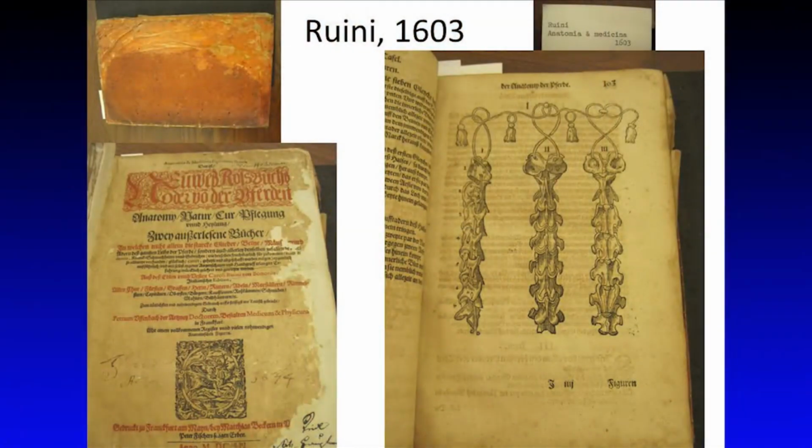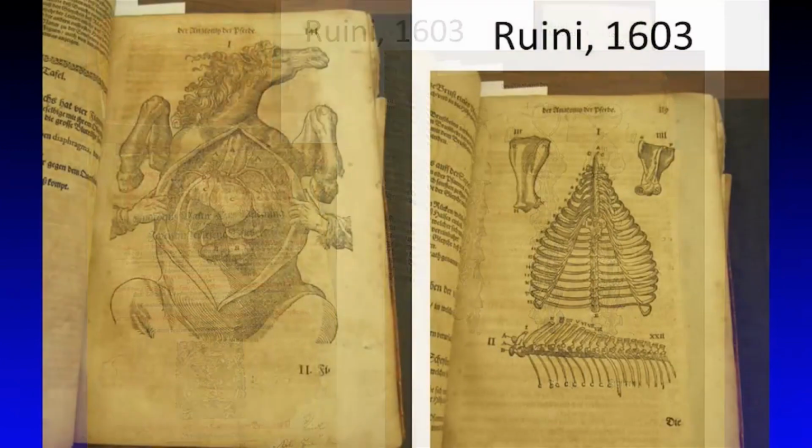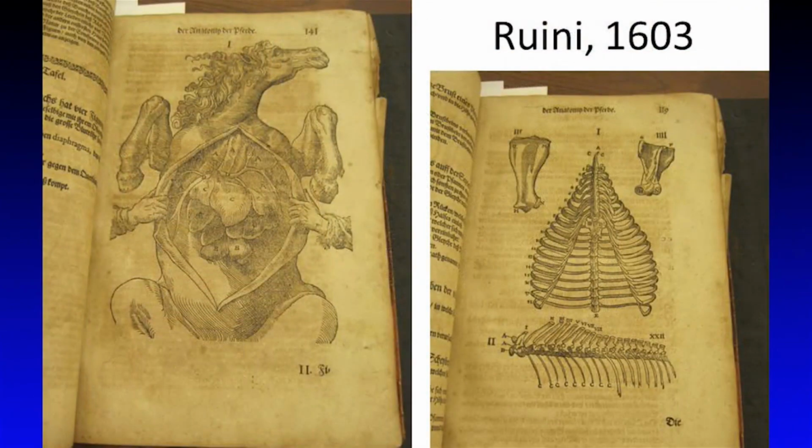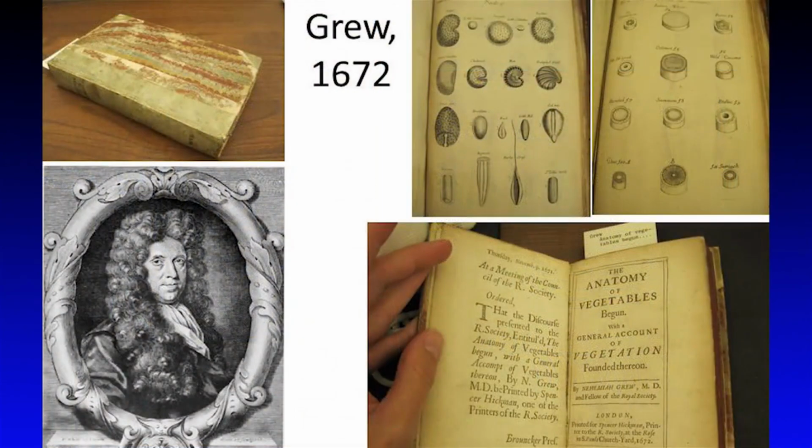Following Vesalius and Bellon, Rooney in 1603 also uses corresponding letters to muscles and bones, especially in his vertebrae. He likes to hang them on strings, you can see that. But he also has quite significant portrayals of what could be later understood as serial homology in terms of the ribs. Also in Grew, Grew compares cross-sections of plant stems, that's at the top, and other comparative organs in the